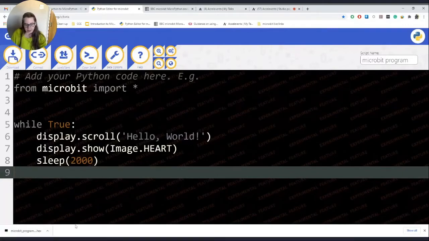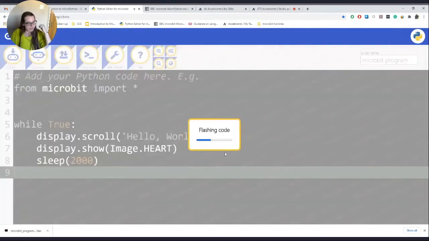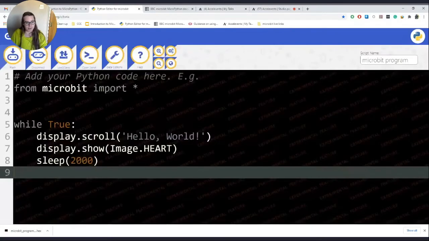So similar to with MakeCode, you can then drag and drop that onto a microbit or save it for later use. If you rename your program on the right, it will name it that way. But the better way to do it is to connect your microbit, and the download button now changes to Flash. So when I click Flash, it will now send it directly to the microbit without me having to drag and drop anything, which is great.